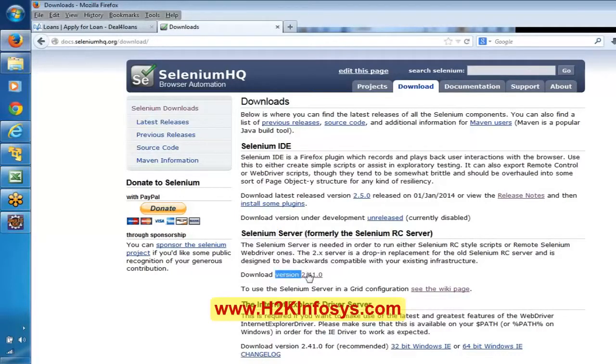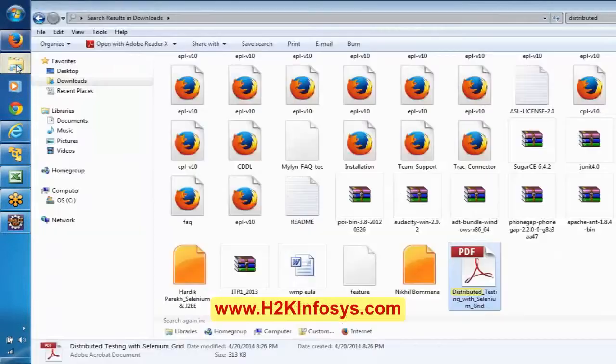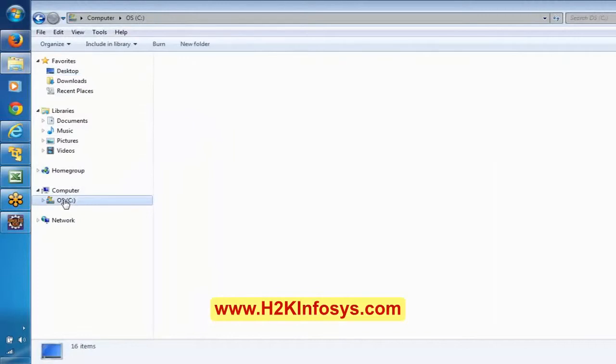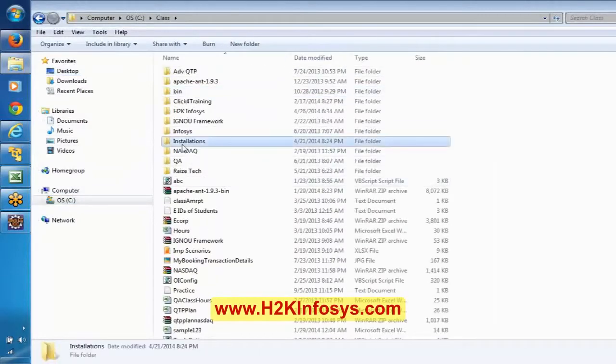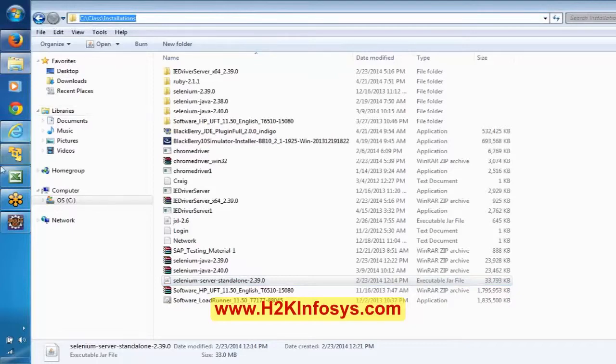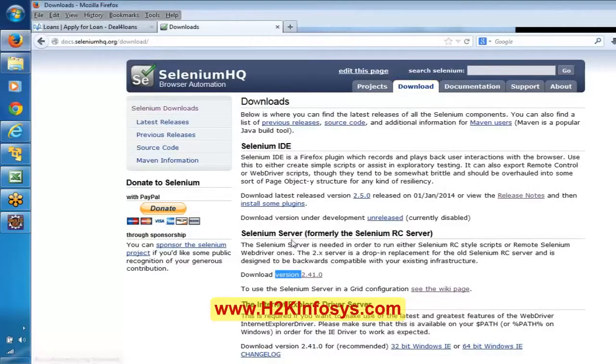Basically this is the Selenium server. Here in my machine it's already downloaded; I have 2.39.0, so I will make use of this Selenium server. Let me copy this. So first download this Selenium server from the Selenium site: go to Download, Selenium server, and download this.